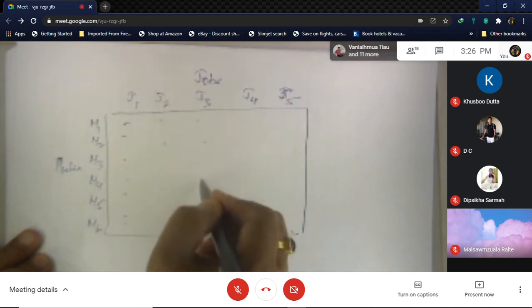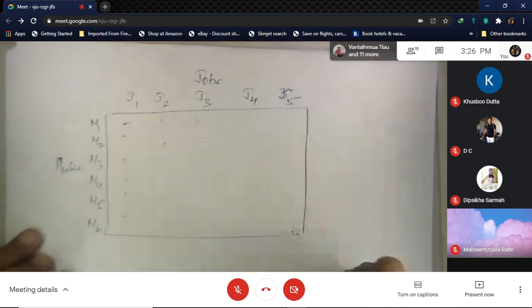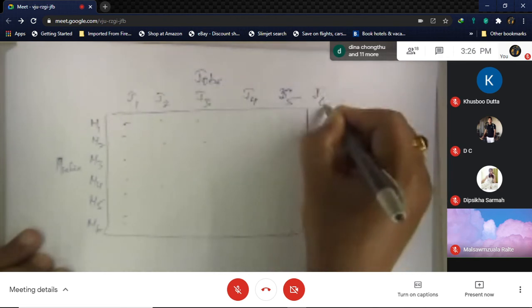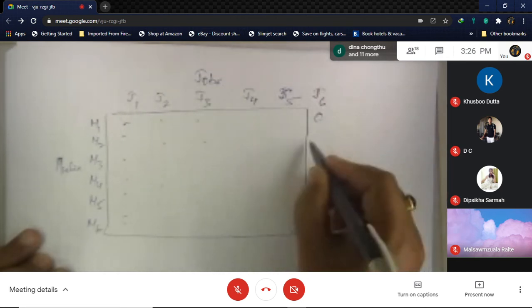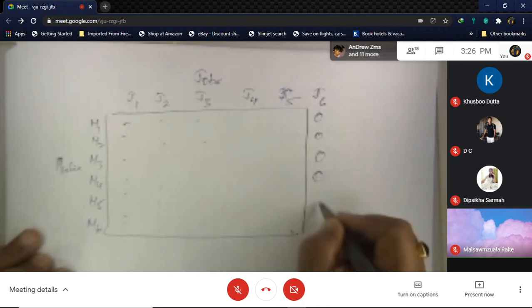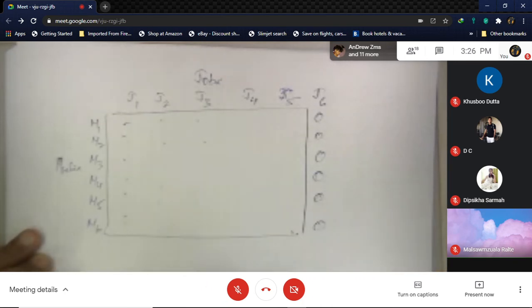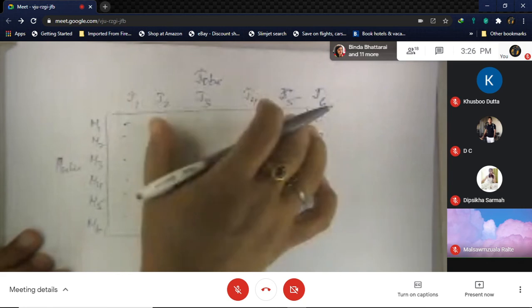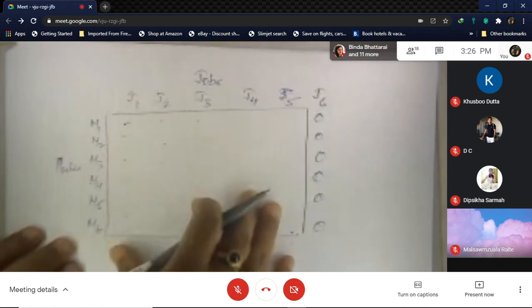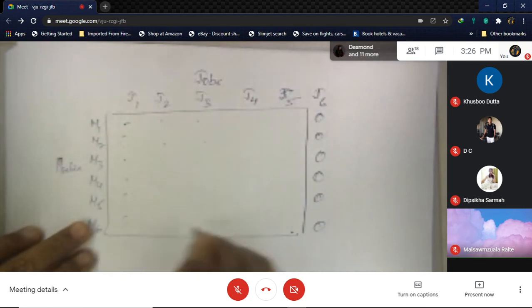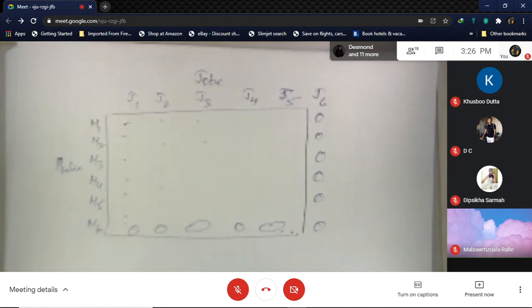All these are given values, but you cannot assign this out here. So what do you do? You create another job, job 6, and the value will be 0, 0, 0, 0, 0, 0, and so on. Similarly, the same case, if you have more jobs and less machines, so you create a new machine and put 0, 0, 0 over here. Okay, so this is what we call as dummy, and this dummy will have a cost value of 0. Okay.